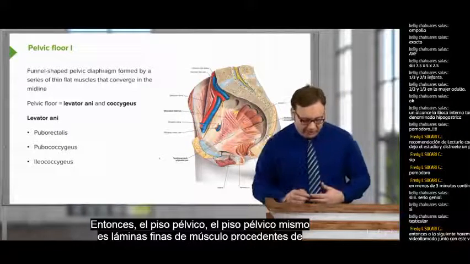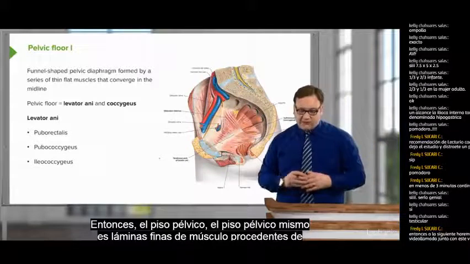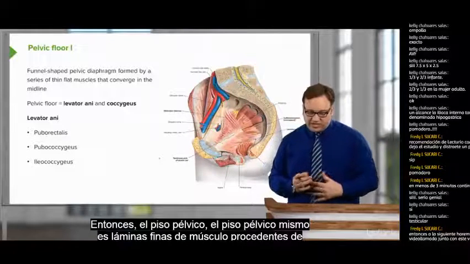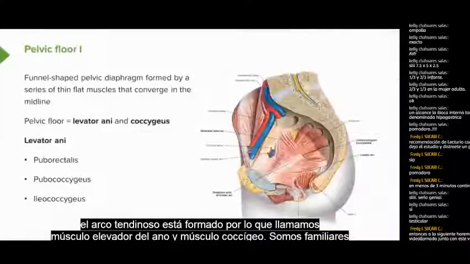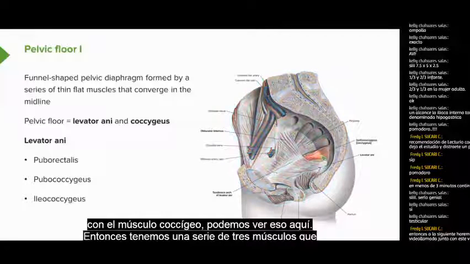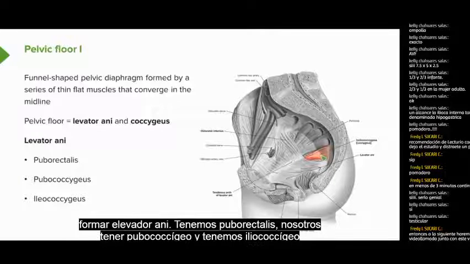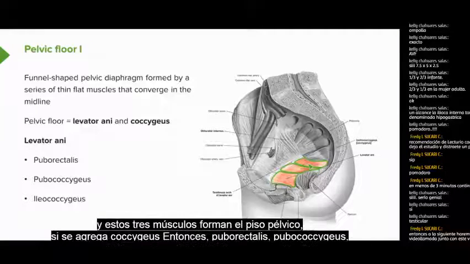So, the pelvic floor. The pelvic floor itself, this thin sheet of muscle originating from the tendinous arch, is made up of what we call levator ani and coccygeus muscle. We're familiar with coccygeus muscle. We can see that here. We then have a series of 3 muscles that form levator ani. We have puborectalis, we have pubococcygeus, and we have iliococcygeus. And these 3 muscles form the pelvic